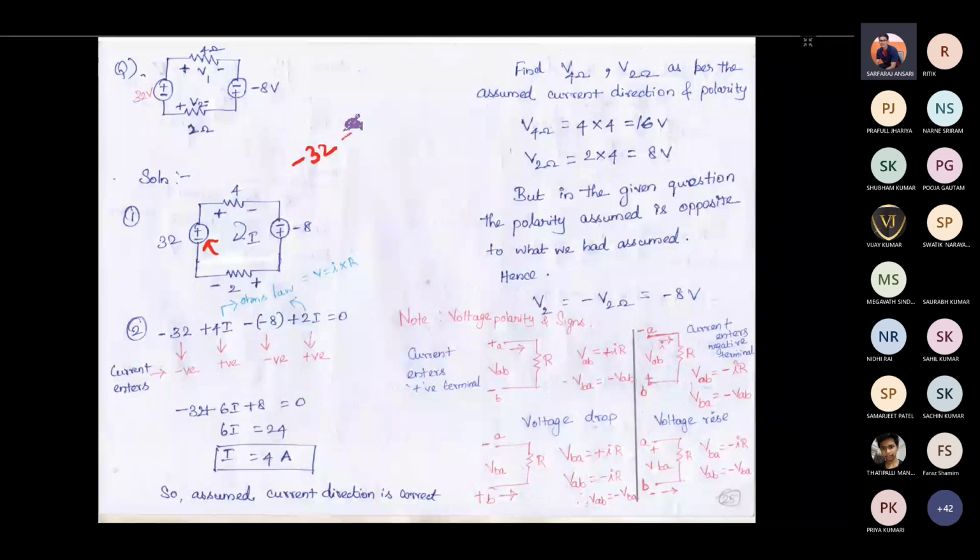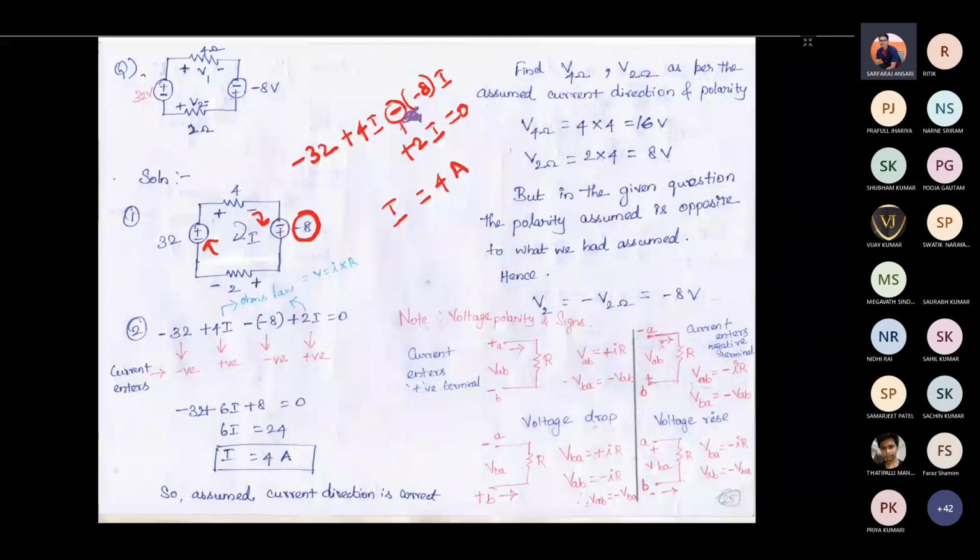Then here, you can see the current is entering the negative polarity, but the voltage magnitude of this voltage source is minus 8 volt. So minus of this represents that the current is entering the negative polarity. For that I have mentioned minus, then minus 8, that is the voltage magnitude, into I, that is going to flow through that path, then plus 2I, the current is entering the positive polarity, that is equal to 0. Now if you find the current, here I is coming as 4 ampere. I hope you have understood this.